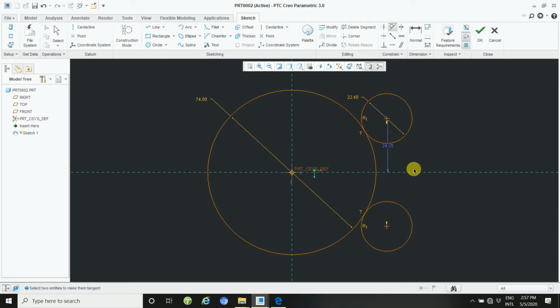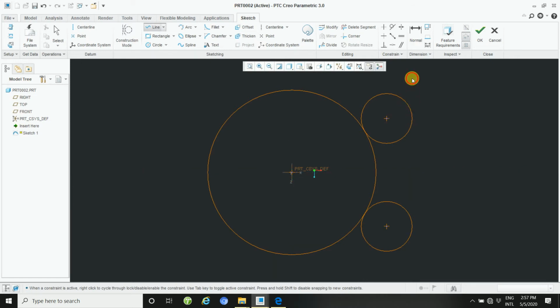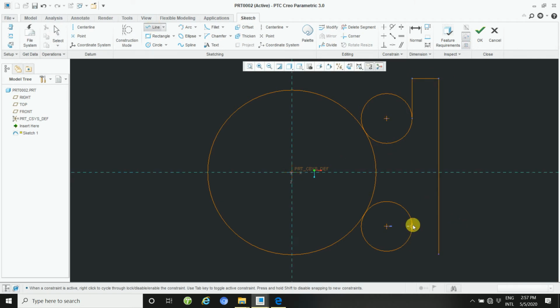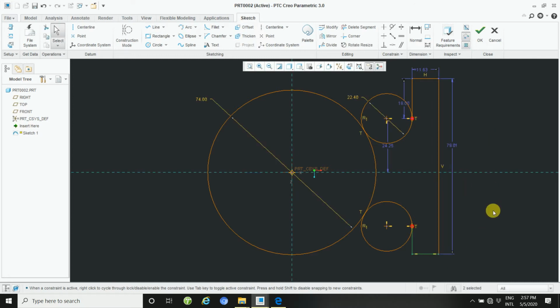Then draw a line for here quadrant, this way. And take another circle here this way.